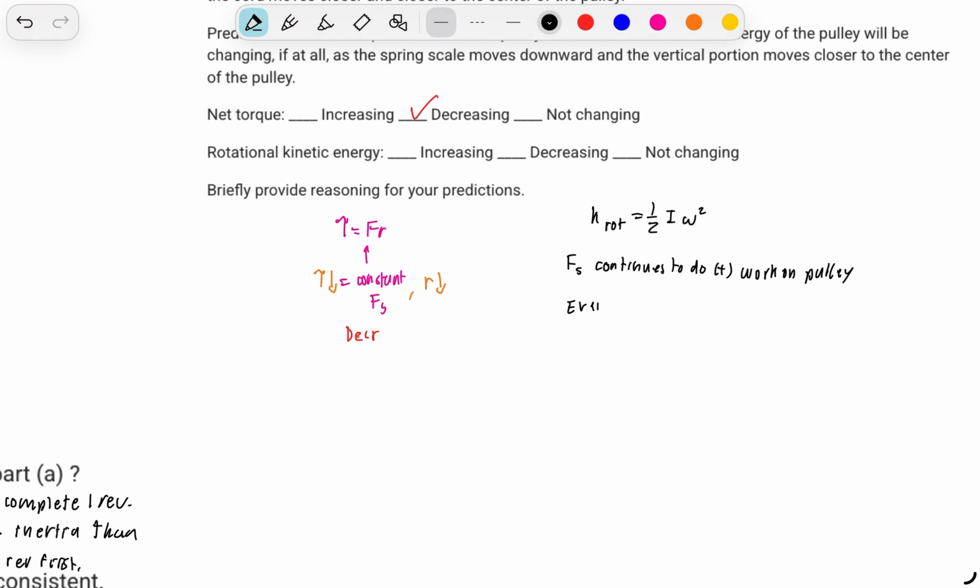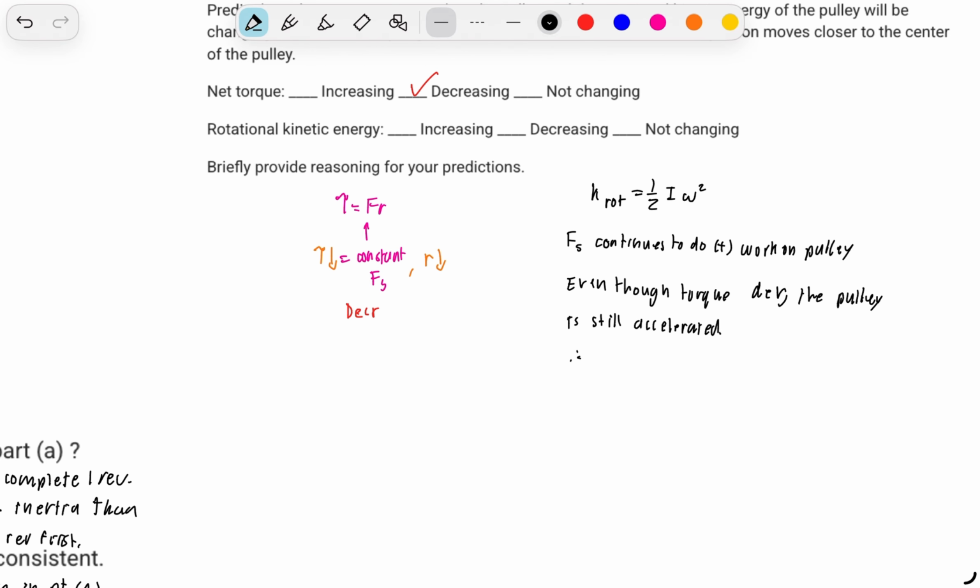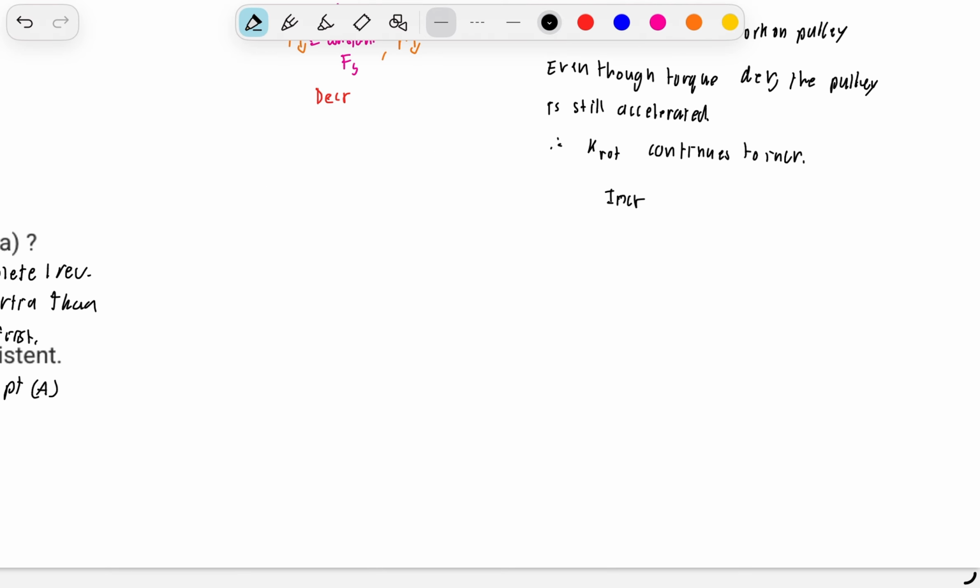And even though your torque is going to decrease, the pulley is still accelerated. Therefore, that means your rotational kinetic energy continues to increase. So this is going to be increasing. So we can write a formal answer for this as the cord